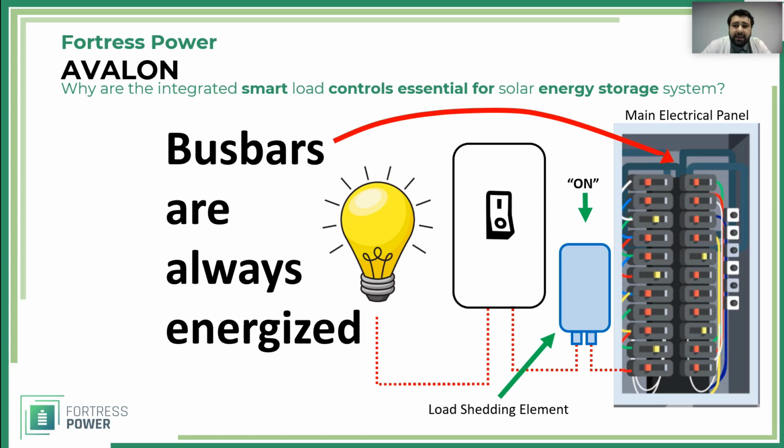In the normal circumstance, you would have your bus bars energized in your main electrical panel, then the breaker in place. From the breaker, the so-called hot cables or hot wires are going to go to your switch or directly to the load, which has its own switch. In this case, for the load, we're using a light bulb, and for the switch, we're using a regular light switch. So if the breaker, load shedding element, or the light switch interrupts the circuit, there is no power flow